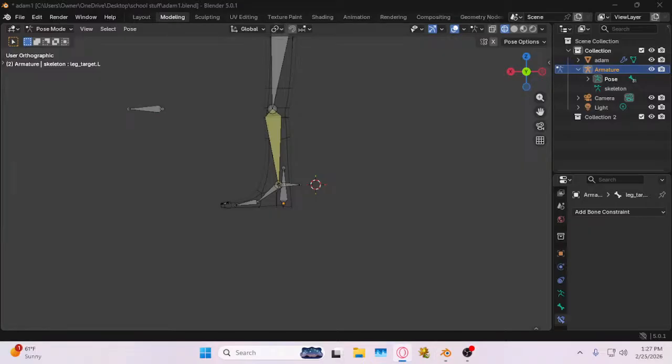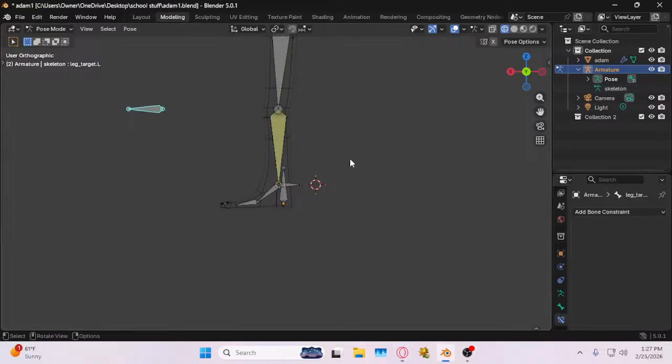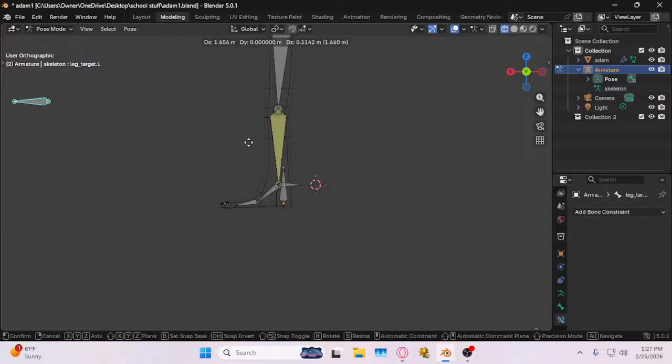And we just have to come here to the pole angle and make it 90, and press enter, and that should be 90. Press enter. Correct for rotation. So we can now come here and you can see this gives us a lot more control over the direction of